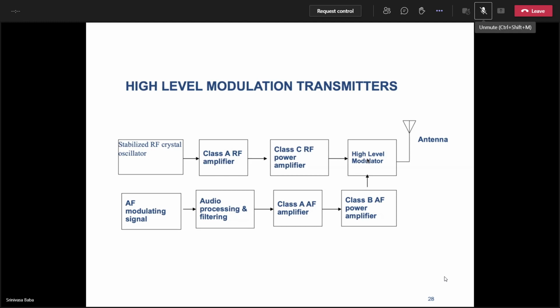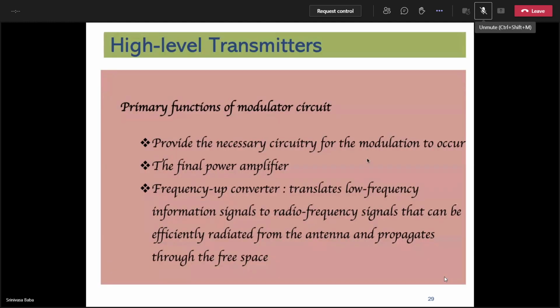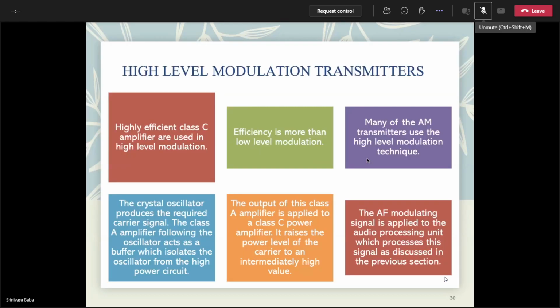Any question on this high level modulator? If there are none, I'll go to the next one. Okay, high level modulation. What is the purpose? What are these things? Converts low to high frequency, all those things. And